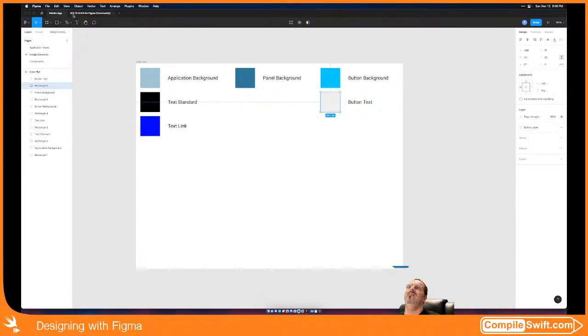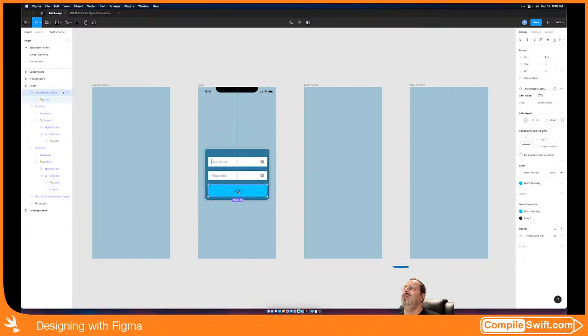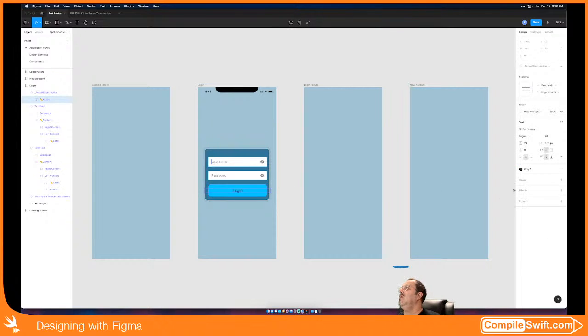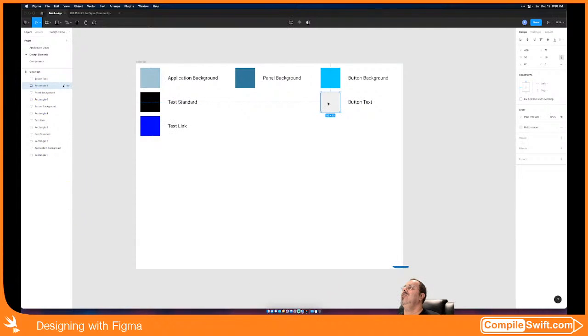Let's go back over here to our design, and then you'll be able to just get that. We're going to fill it with our button label. I'd rather see the names next to them. Okay, button label. All right. So now, in theory, if I go back over here and change this to something else,